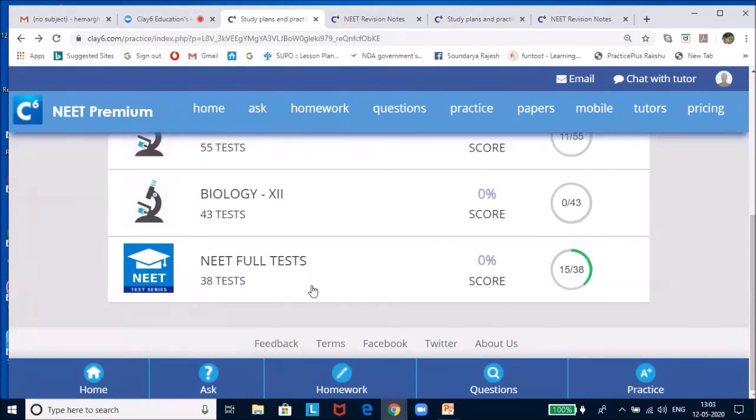Now, these tests are really going to help you, because when you do chapter wise, it is always easier for us to score more, because it is easy for us to recall. But once we are done with it, and if we are trying to get through all the lessons, then we have to see how good we are in application, and moreover speed matters. So it is better you practice more and more tests.